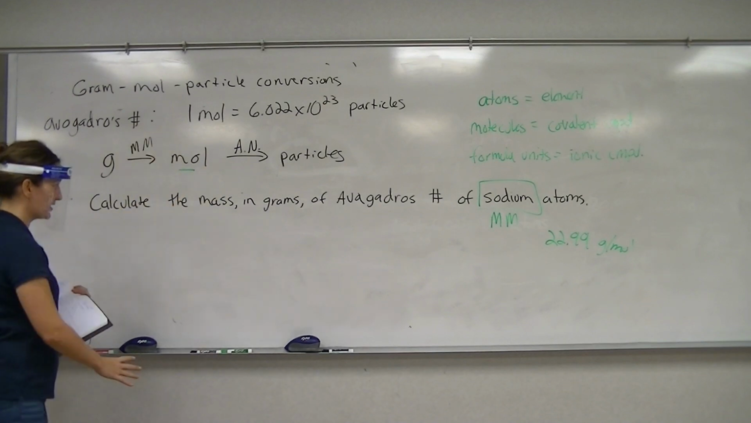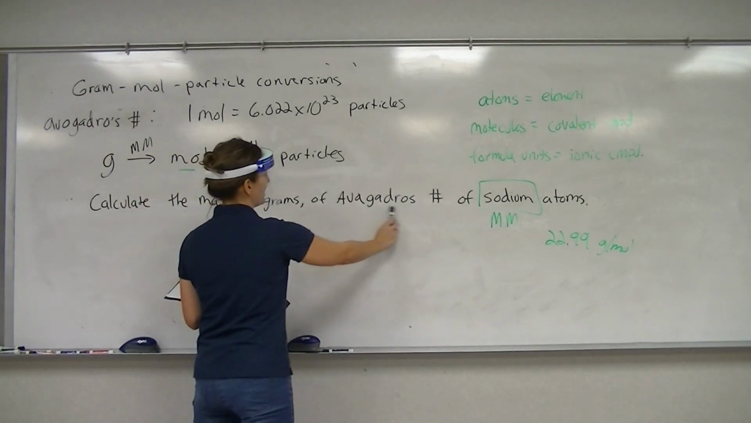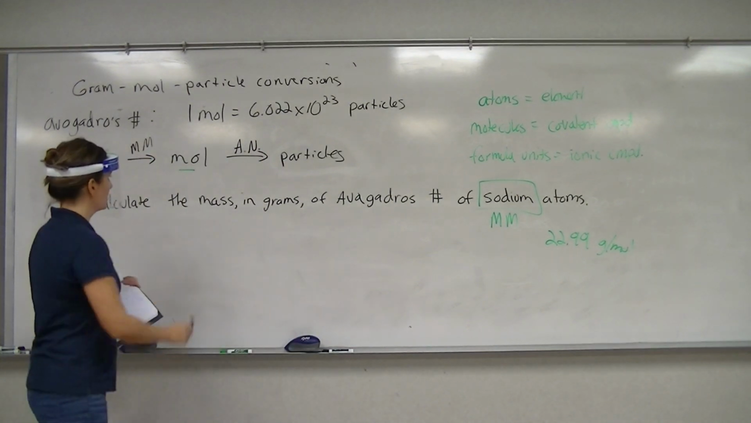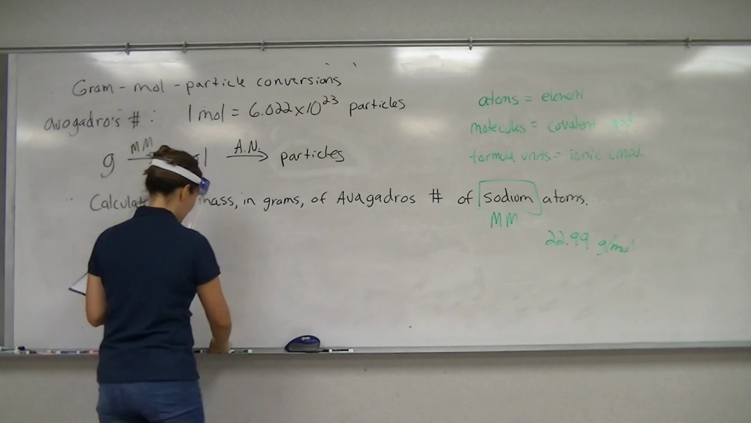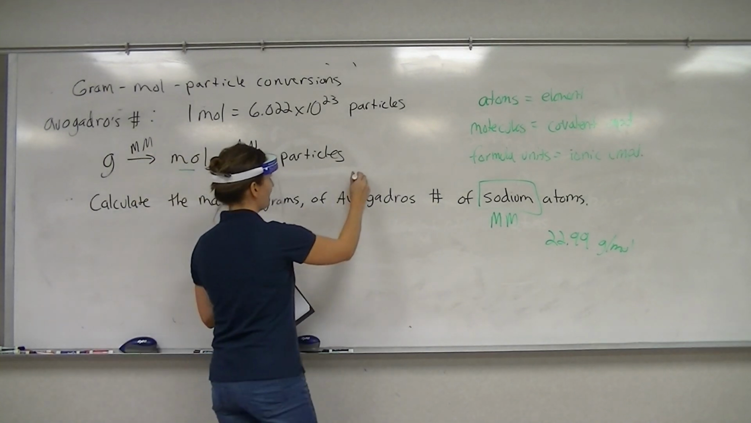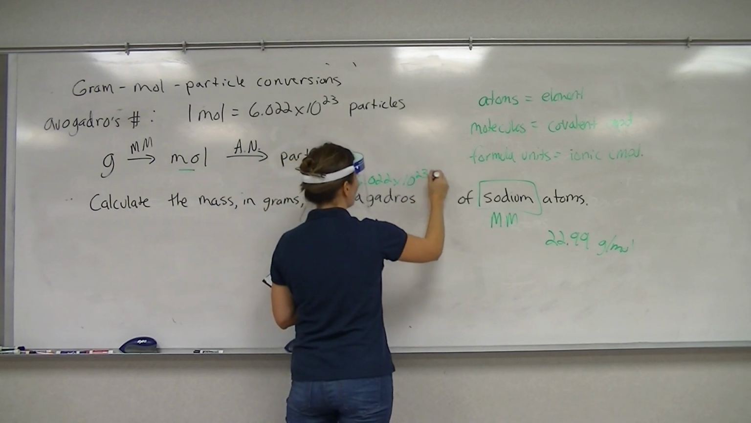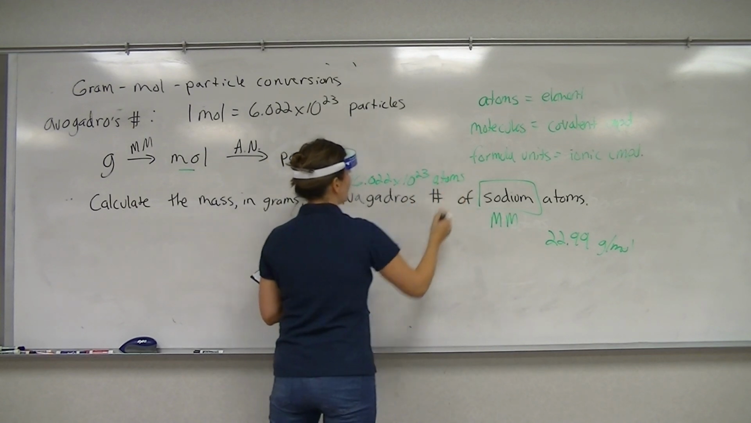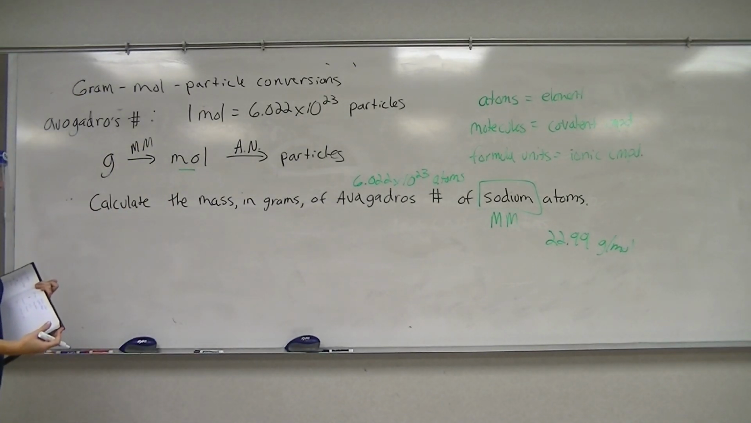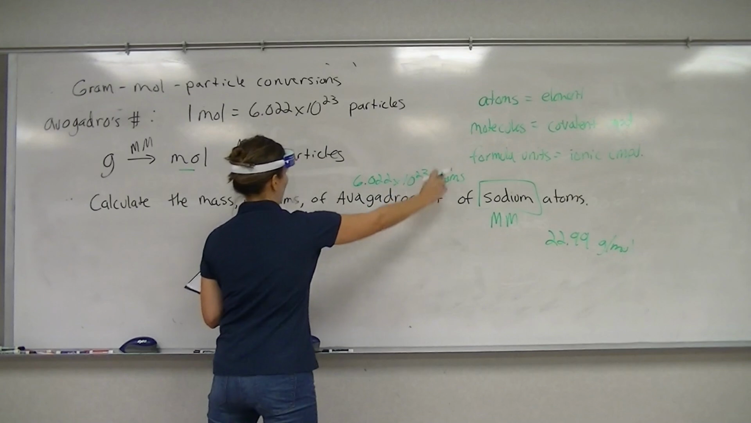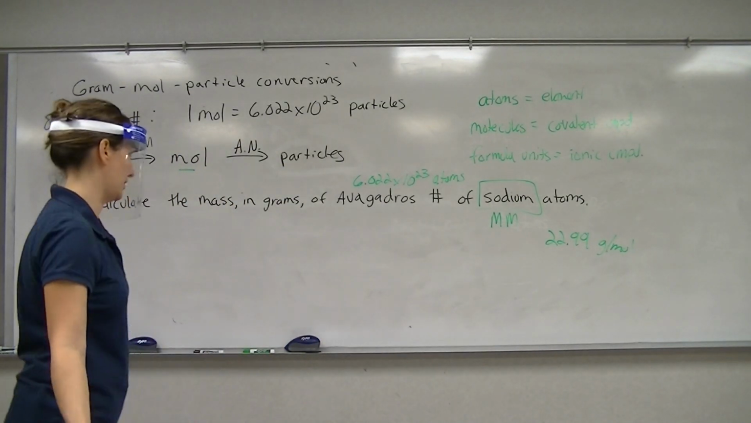Why are they asking it this way? Because they're trying to get you to realize the definition of Avogadro's number. So when they say, if you have Avogadro's number of sodium atoms, they're saying, if you have 6.022 times 10 to the 23rd atoms, how many grams of sodium do you have? Okay, so this is what you're starting with. So if you were to do this a complicated way, do it with calculations,